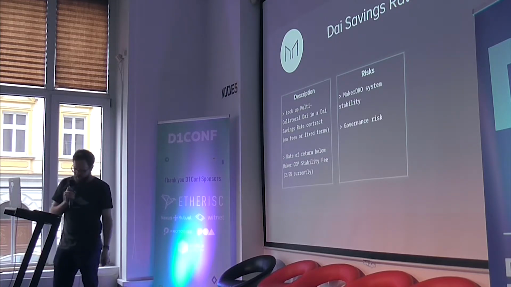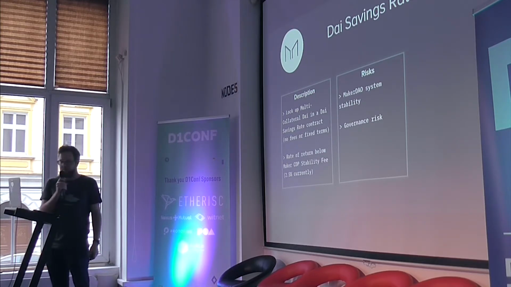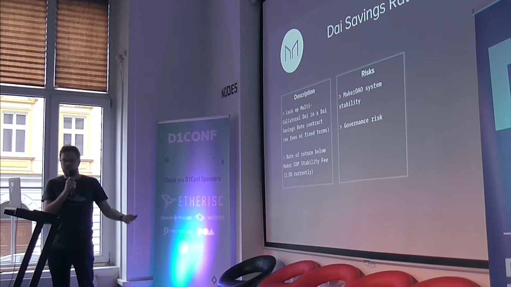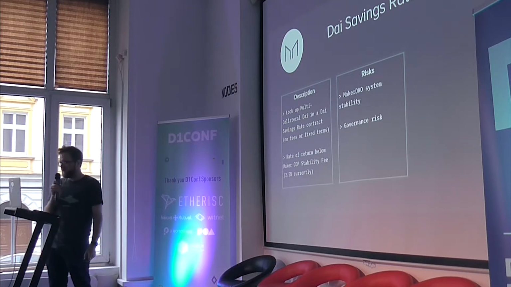Risks here, MakerDAO system stability. So it's been very resilient throughout the current market downturn when many people maybe weren't expecting it to be. But the risk remains that something happens to it and the DAI is no longer pegged to the US dollar. It's quite complicated. Governance risk as well, so this is one of the early experiments in on-chain governance. There are many centralized components as well, but again, compared to institutions such as banks and governments, it's